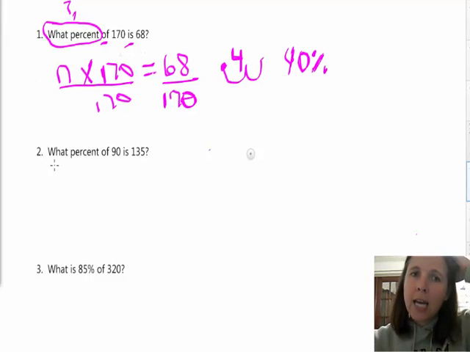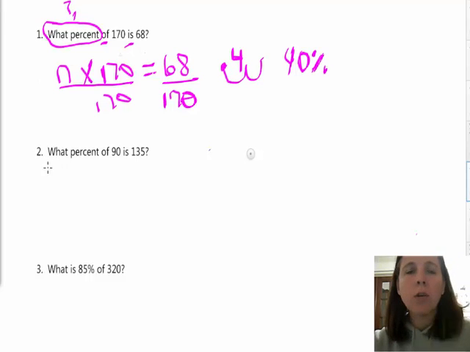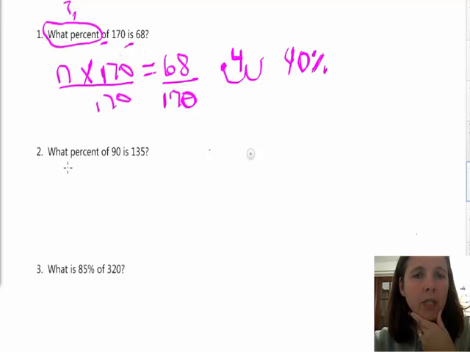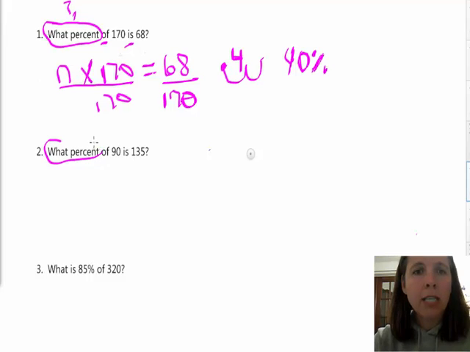Okay, what percent of 90 is 135? So on number 2, it's going to be a little different, the percent, because remember, percent can be over 100. It's out of 100, but it can be over 100. So again, it says what percent, so that's our variable. Of is multiply, so times